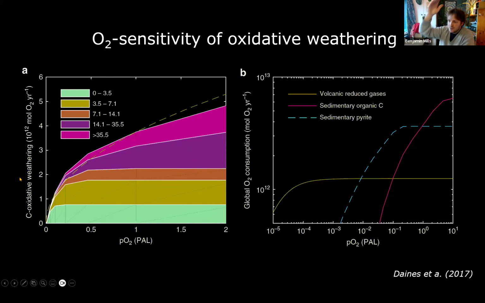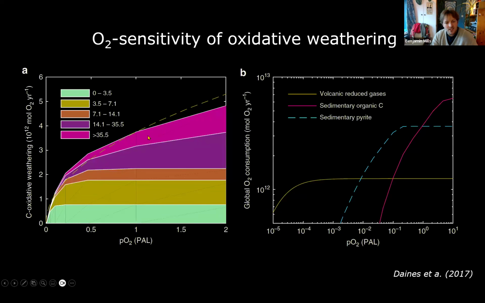This is a model for oxygen penetration into the soil and the weathering rate of organic carbon for different erosion rates. So if you have very slow erosion, then your organic carbon weathering rate is largely insensitive to oxygen concentration. It's just about how much you can get into the weathering zone. If you have very, very high erosion rates, you start to become sensitive to O2. You start to put more fossil organic carbon into the weathering zone than you can actually weather, even under quite high oxygen concentrations. This holds out versus some observations at the present day.